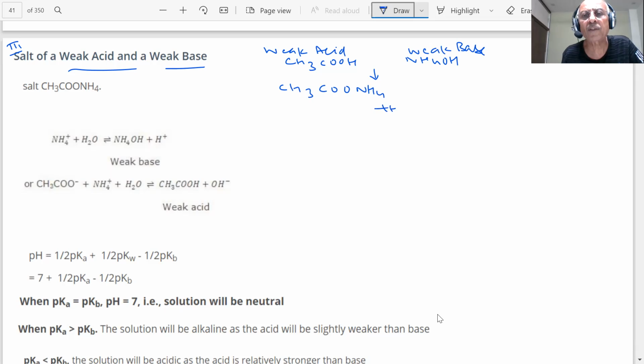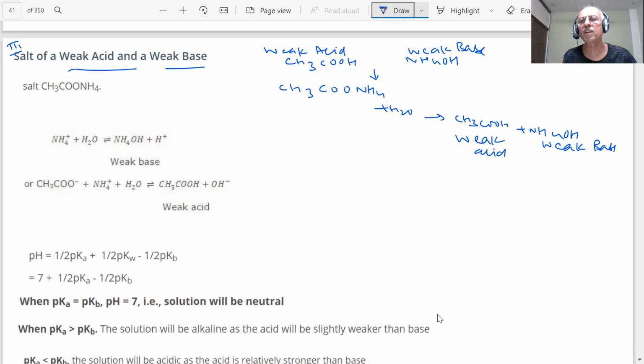If I see the general reaction, what does it look like? CH3COOH plus NH4OH. This is a weak acid. This is also a weak base. Now the question is, what will happen to the pH? Tell me what you are expecting of the pH here. Will it be 7, more than 7, or less than 7? What is going to happen? If I see the hydrolysis,